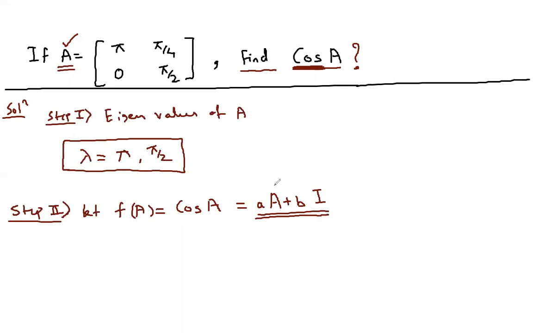Now here, the capital A is the matrix that we already have. I is the identity matrix that we all know. It's a 2 by 2 identity matrix. The only thing unknown here is the small a and small b. These two are unknowns. And now we will have to find out the value of small a and small b. This is how you will write when you have the given matrix as 2 by 2.